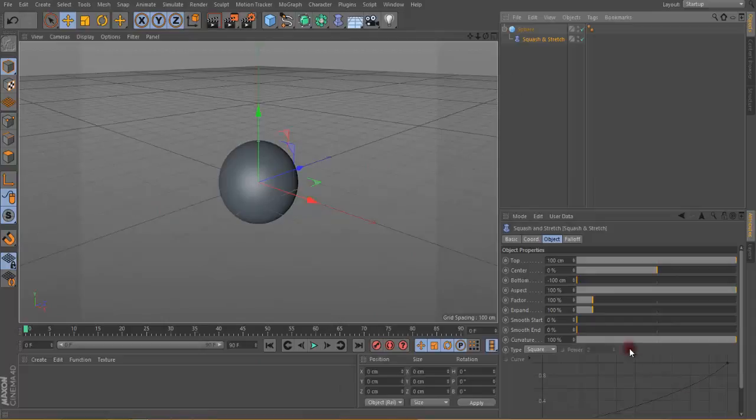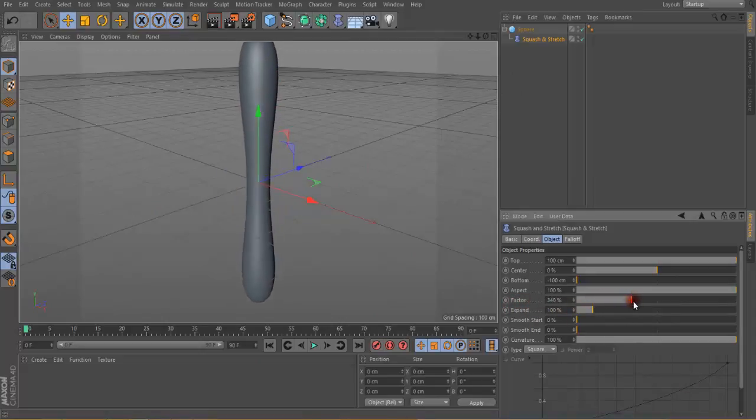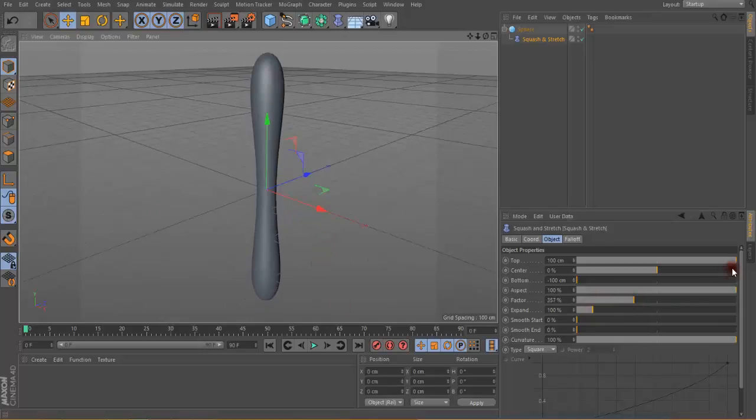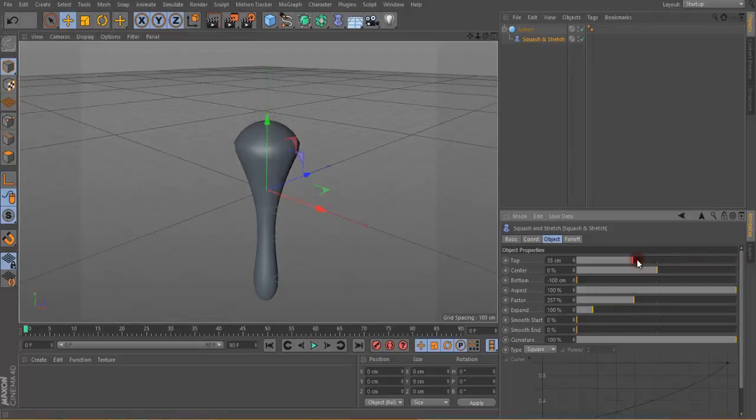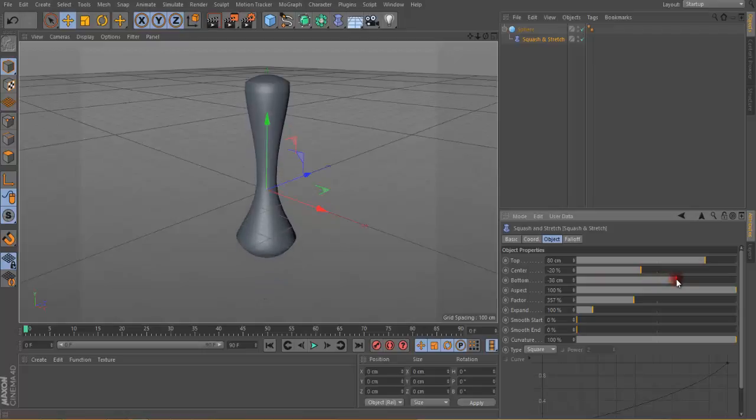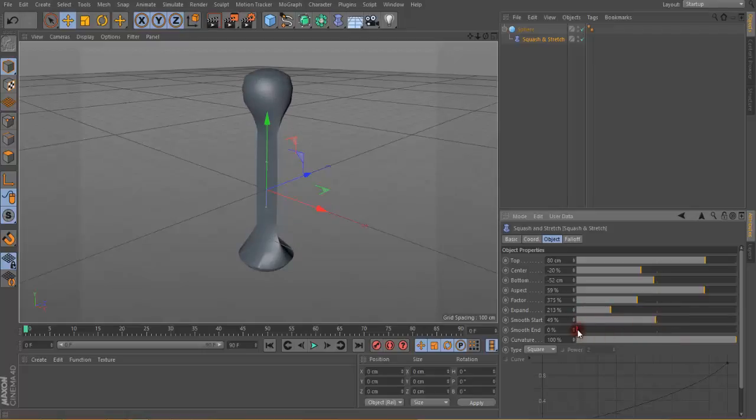to see the result of it, first I change the effect called a parameter called factor. See, it's stretching. Then after I can change the top part of this deformer, a center part, a bottom part, aspect ratio for flatness, factor again for stretch, expansion like this, expand, and smoothness at the start and smoothness at the end. A curvature option